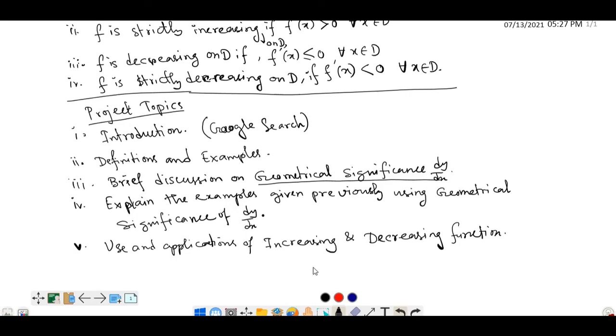Use and application is one of the things. If you have any other idea with increasing and decreasing function, if you can link this idea of increasing and decreasing function somewhere else, then you can explain that here